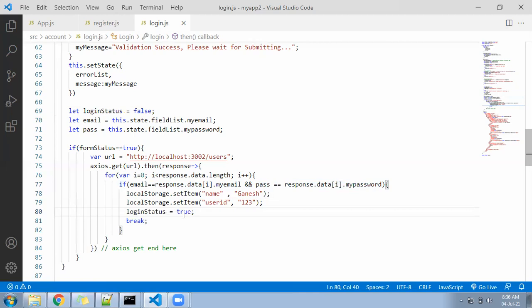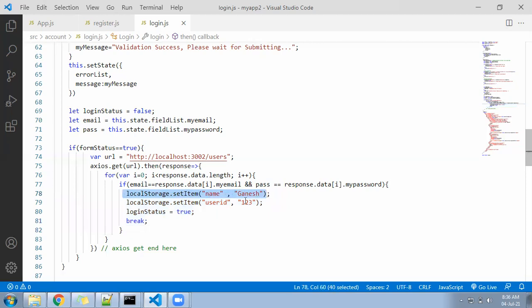So add these 4 lines. Hope you done till here.